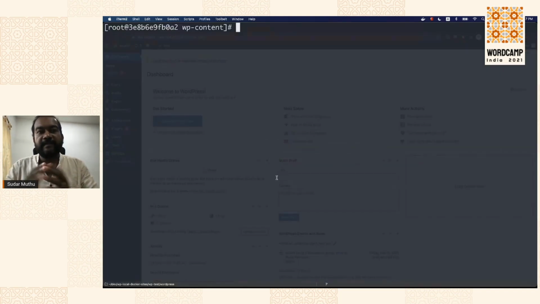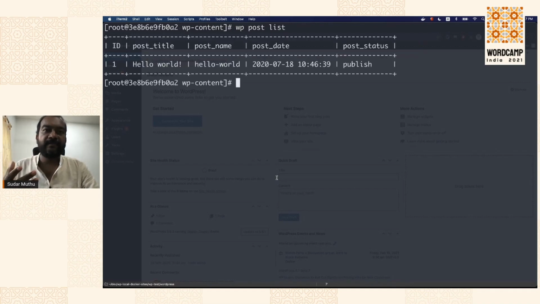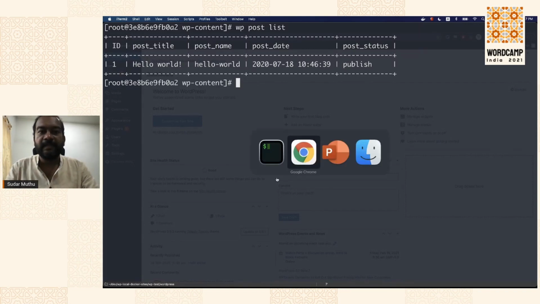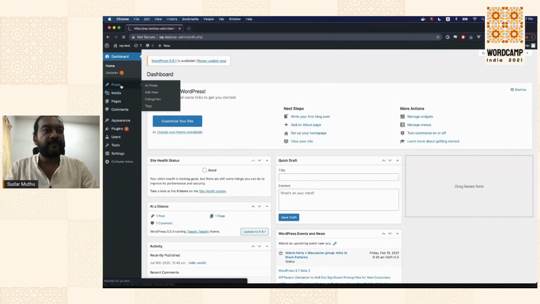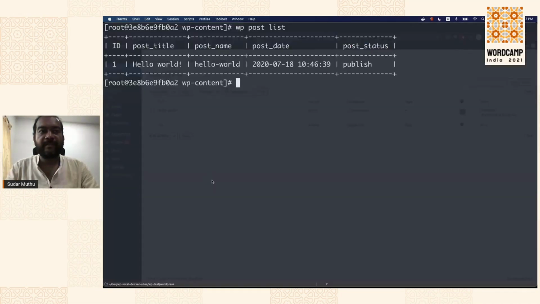The first operation that I'm going to do is see what all the posts are that are available in my WordPress install. The command that you have to use is wp followed by whatever entity on which you want to act. In this case, we want to act upon the post entity, and the operation we want is to list them. When I do that, WPCLI is going to talk to my WordPress install and retrieve all the information from there. Now it has retrieved the posts and listed them here. Let's quickly verify if that is correct. If I go here to posts, I see one post here and it's getting listed here.